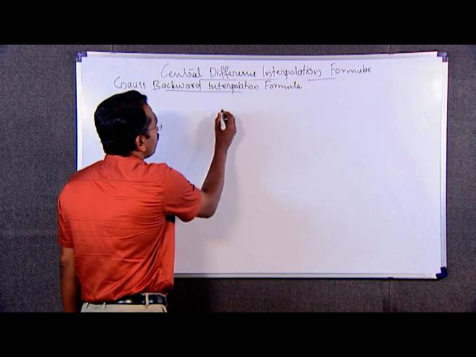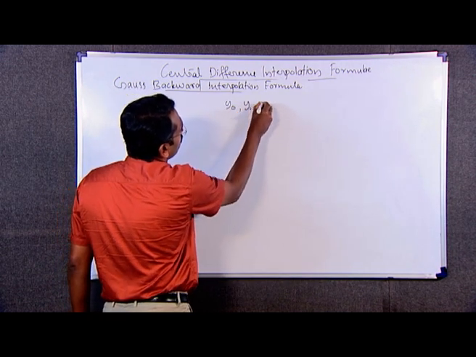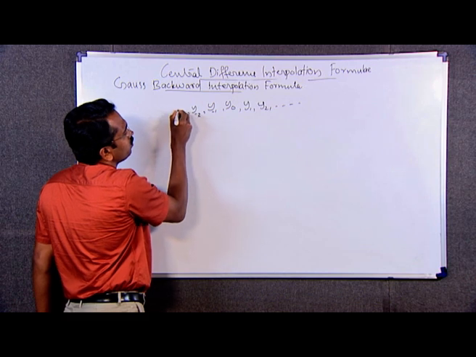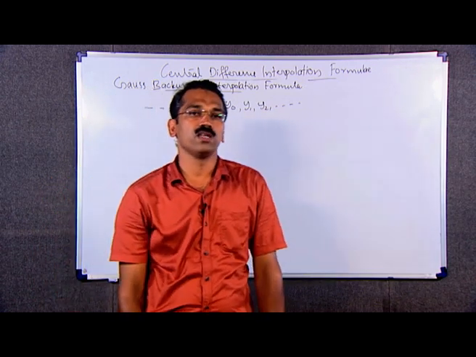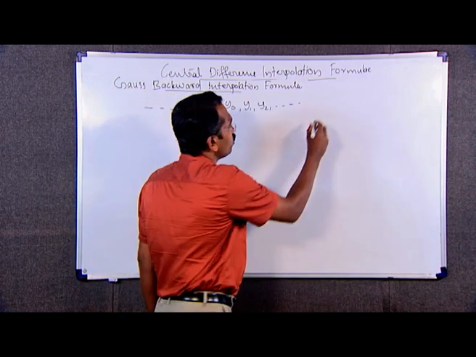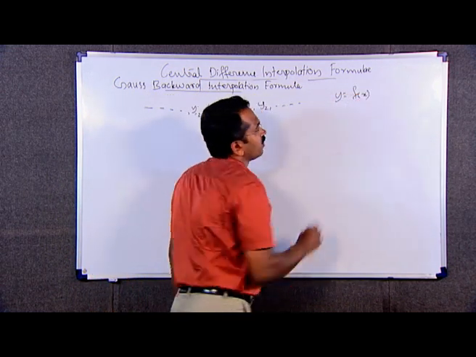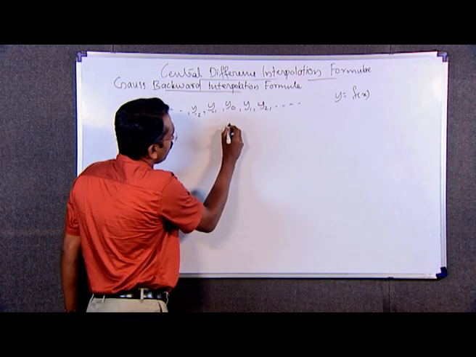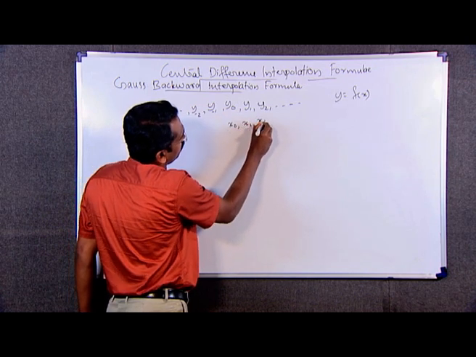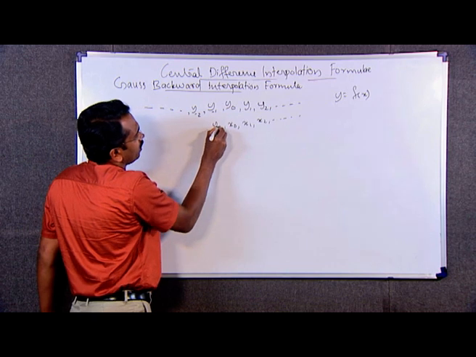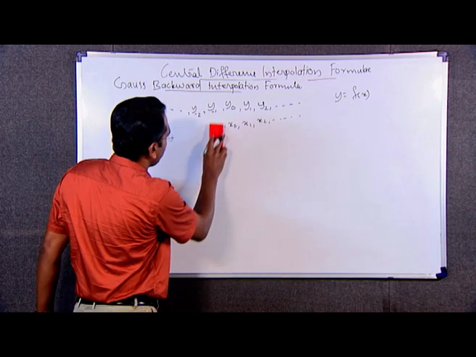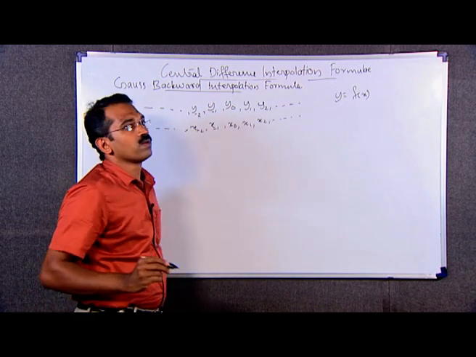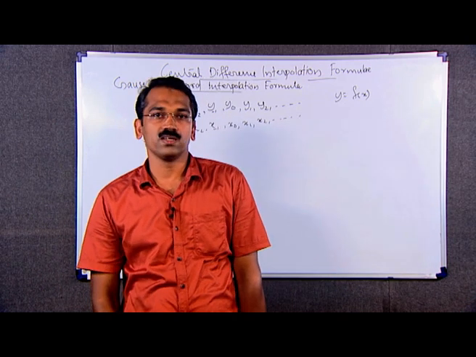If y naught, y1, y2 etc. and y minus 1, y minus 2 etc. are the values of a function y equal to f of x corresponding to the equidistant values of x, namely x naught, x1, x2 etc. and x minus 1, x minus 2 etc. with interval of spacing h, then